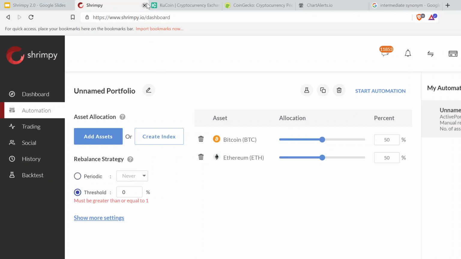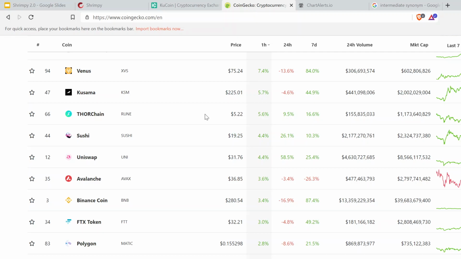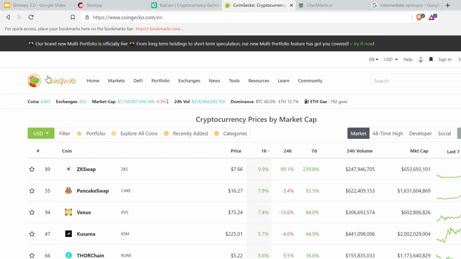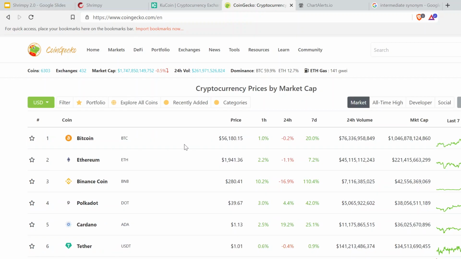That's the first way. The second way, if you're a bit more comfortable, you've been in crypto for a while, is looking for daily gainers using CoinMarketCap or CoinGecko. I'm going to be using CoinGecko. Let's just assume you land on the page. We've got, again, based on market cap, Bitcoin, Ethereum, and so on. I want to look at the top gainers